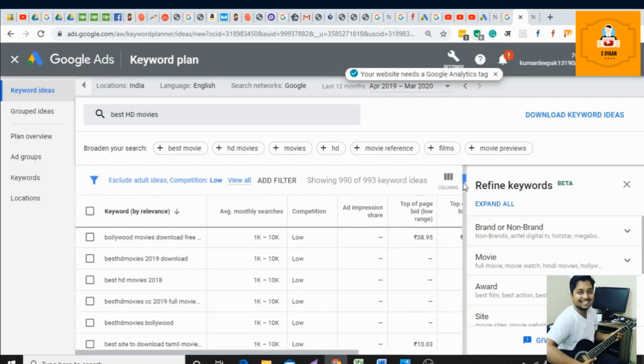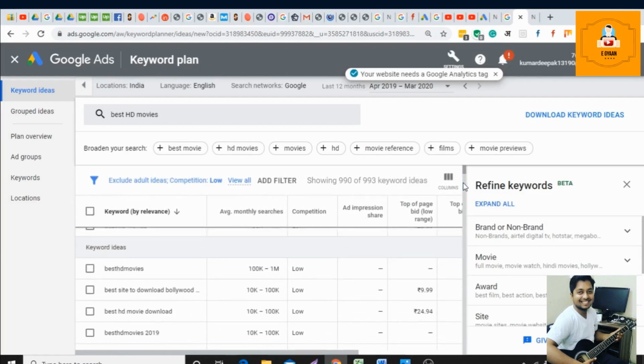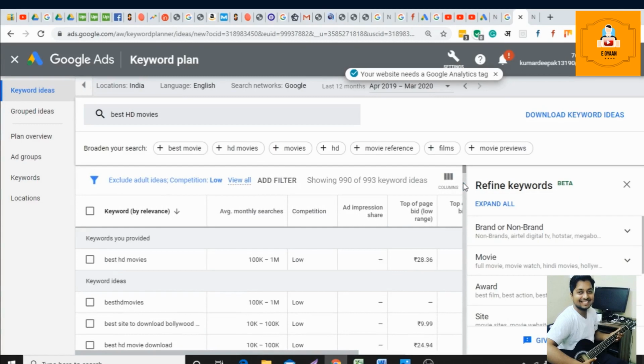Let us see what all related keywords there are. What you have to do is use a single focus keyword, and you can use related keywords in your article. If you are using Yoast SEO, you can add a single focus keyword, and you can also use some related keywords and spread them in your blog post. But make sure that you do not overdo your keywords.